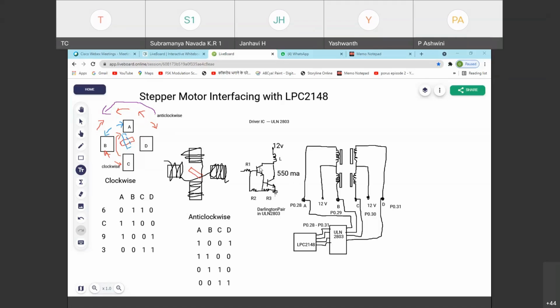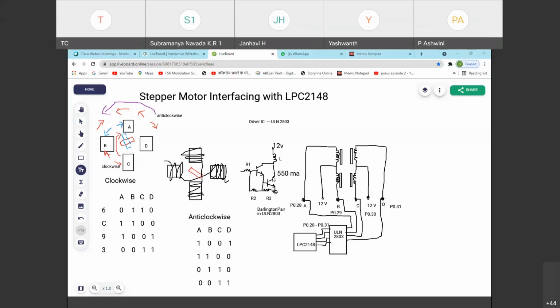If 0 is applied, these are open circuited. Once open circuited, there is no flow of current. Please understand, current flows when the transistors are turned on, when logic 1 is given. Logic 1 means 5 volts is applied, and 5 volts or 3.3 volts you can call logic high. So the first transistor turning on drives the second transistor into the on state.